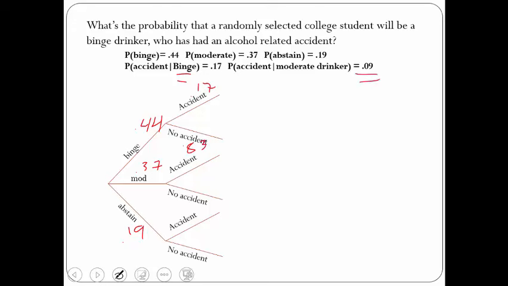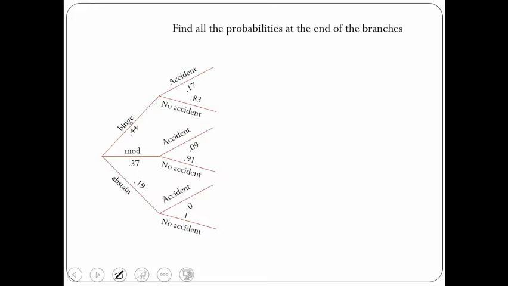9% of moderate drinkers have had an accident, which means 91% have not. Now, if you think about it, those that abstain from alcohol cannot cause an alcohol-related accident, so that's 0. There's a 100% chance that if we choose someone that has abstained from drinking, they're not going to have an alcohol-related accident. So from here, once we've got that set up, go and find the probabilities at the end of each branch, and that's simply by multiplying. 0.44 times 0.17 is